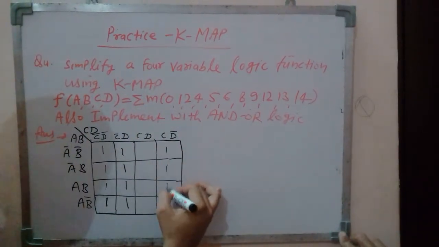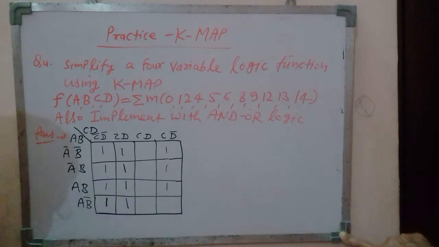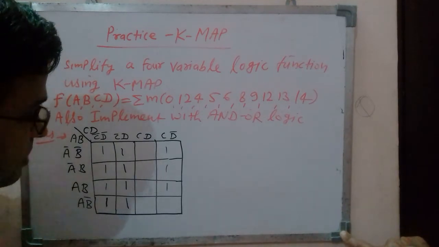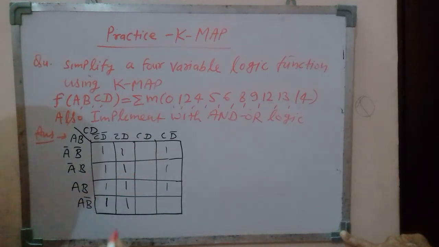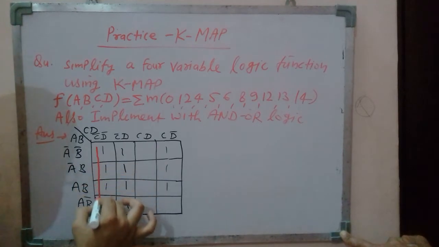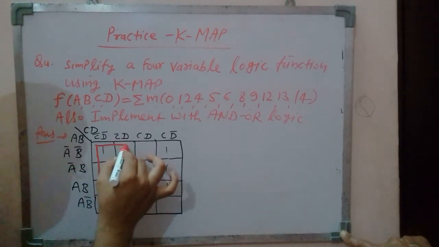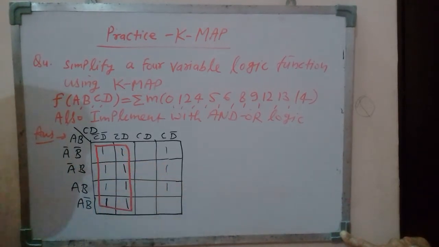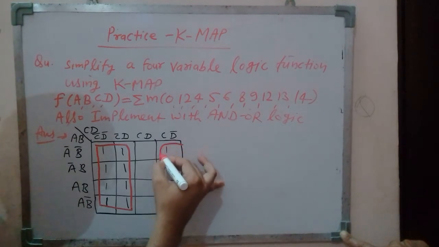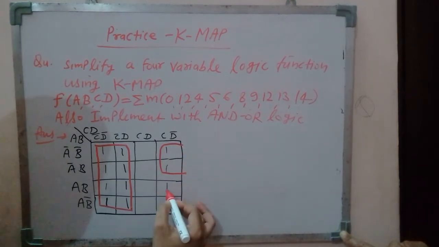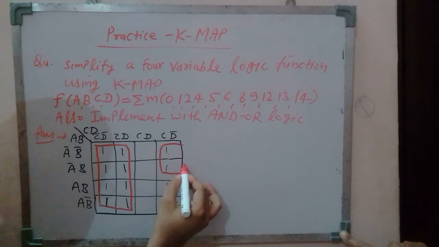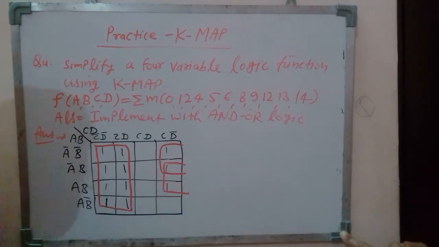Now fill these ones and start grouping. I have filled these ones. Now start grouping. I told you multiple times, plenty of examples I have solved. Tell me how to group these. First of all, see here, a clear-cut octet is forming here, right? Octet means group of 8 ones. Now these 3 ones are remaining. Tell me how to do this. First of all, make a pair of these 2 ones. This one is remaining, that means make another pair like this, right?